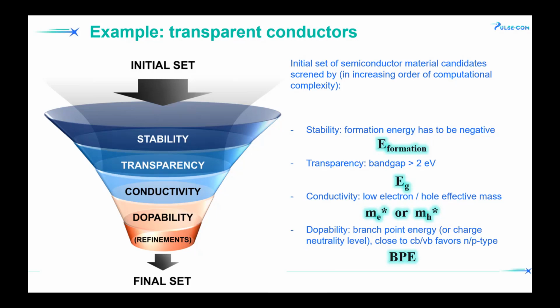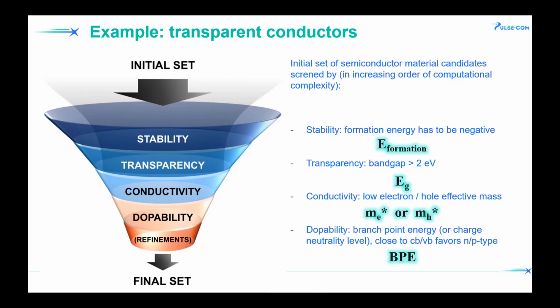Then it has to be conductive. So the descriptor is that it has to have a low electron effective mass in case of N-type and low Hall effective mass in case of P-type semiconductors. And it has to be dopable, which is the most vague, I guess, and the most computationally expensive property. The branch point energy has to favor N-type or P-type by lying either in the conduction band or the valence band. It's not very easy to explain in a short presentation, but anyway, these calculations are ordered by computational